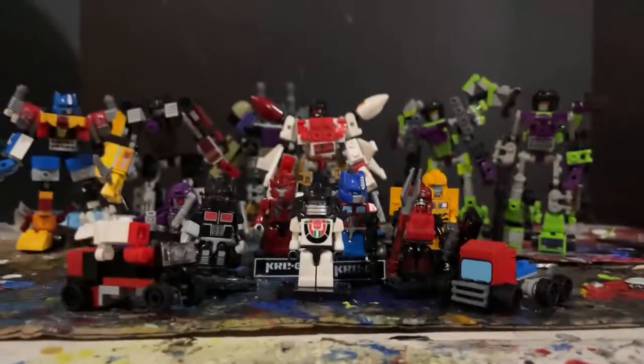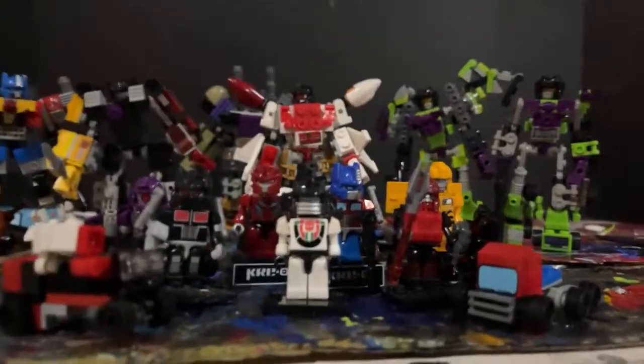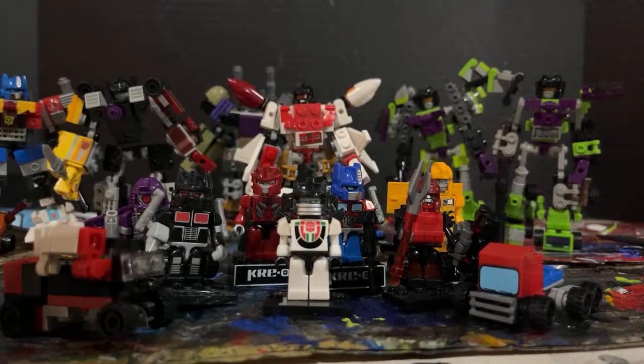Well, that's a massive shot of all of these guys. But yeah, I am a huge KRE-O fan. I cannot wait for Transformers 1 to come out, though, and I'm going to buy all the TF1 figures once they come out. I don't think I've talked about this yet, but a lot of people have seen the latest Transformers 1 Studio Series